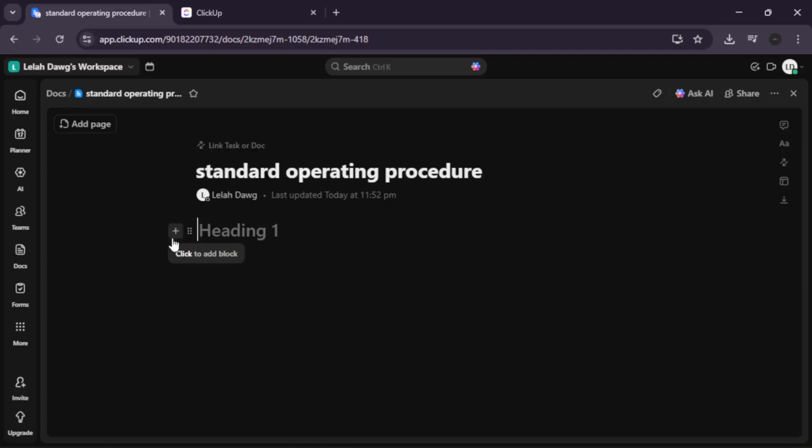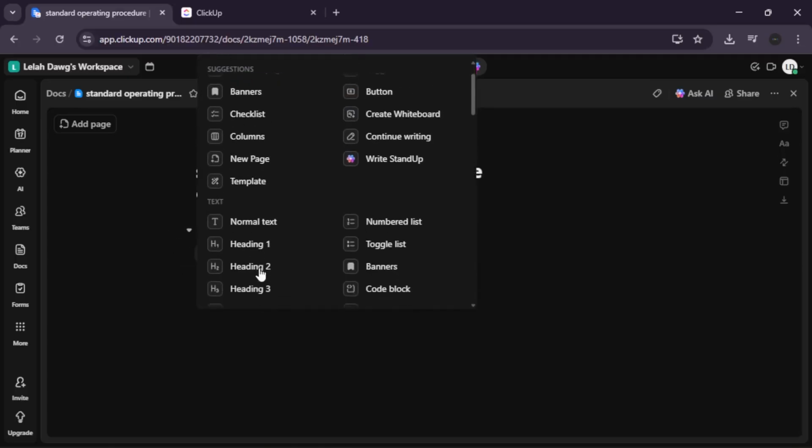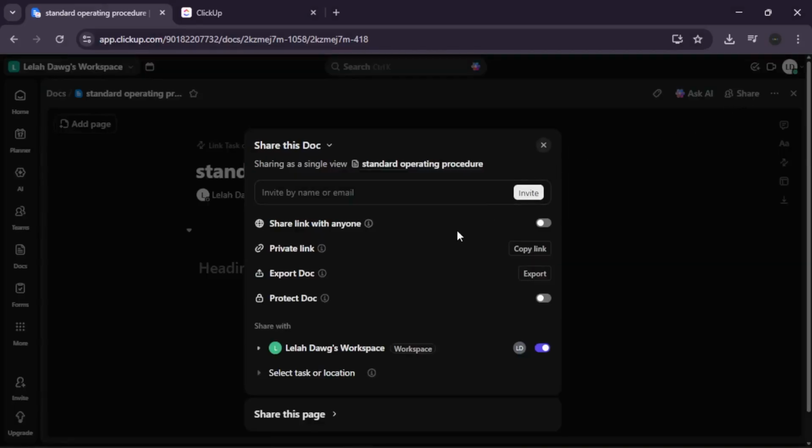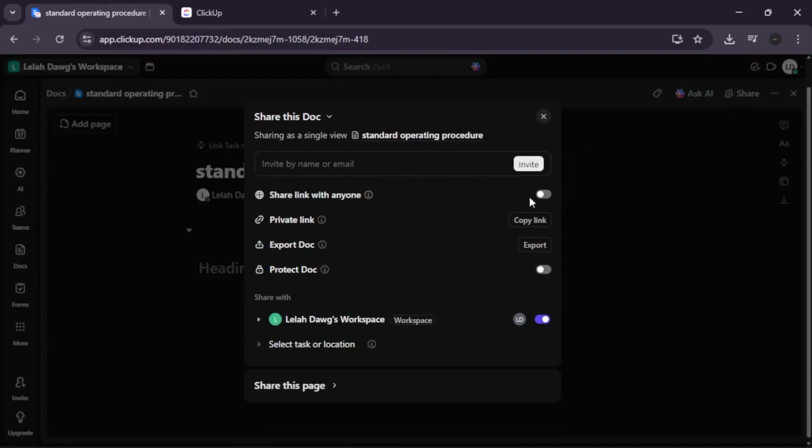Next, review and sharing. Before you finish, make sure your collaboration settings are correct. Check permissions. Use the Share button in the top right corner to control who can view or edit the doc. Real-time collaboration. Because ClickUp Docs support multi-user editing, your team can jump in to brainstorm and see each other's updates